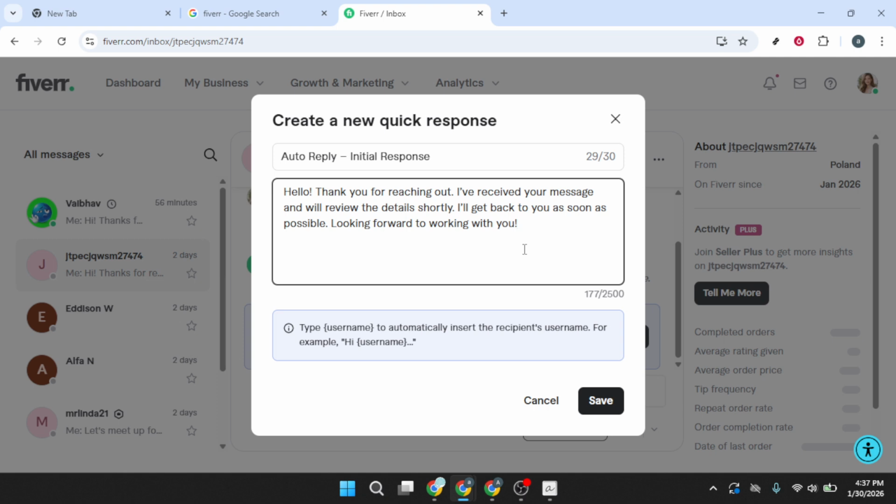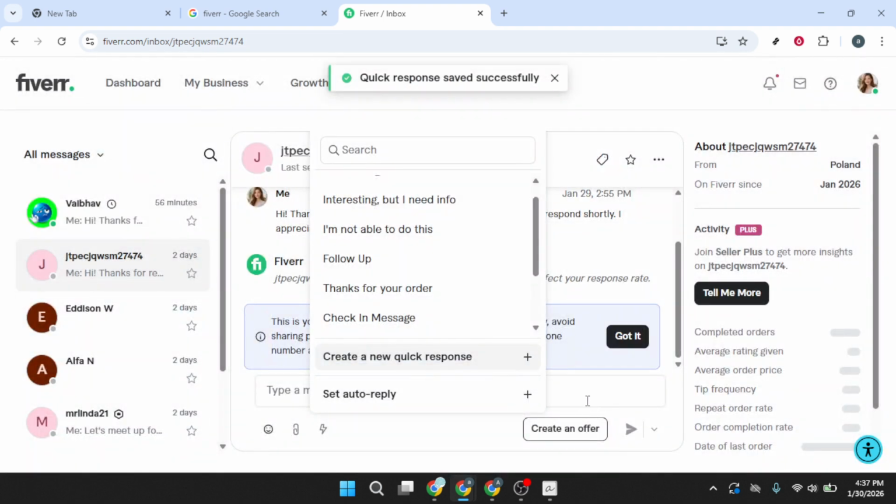Consider placeholders you'll edit each time, like a client's first name or a project detail, so your response stays human and not generic. When you're satisfied with the content, click Save. Your new quick response will now appear in the same panel, ready to insert whenever you open the lightning icon